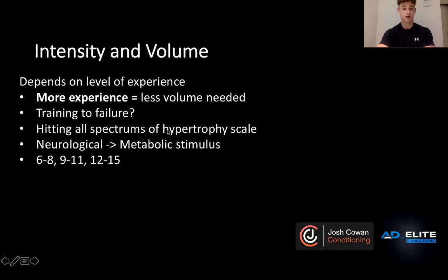And make sure that we hit all ends of the hypertrophy scale, so that from a neurological standpoint and then a metabolic stimulus, we want to hit that kind of 6, 8, 9 rep range, and then we also want to hit that kind of 10 to 15 rep range. So rather than doing that kind of flat loading 3x8, which we will touch on, or 3x10,